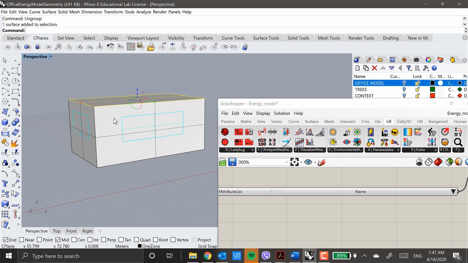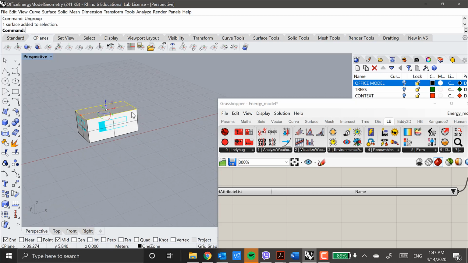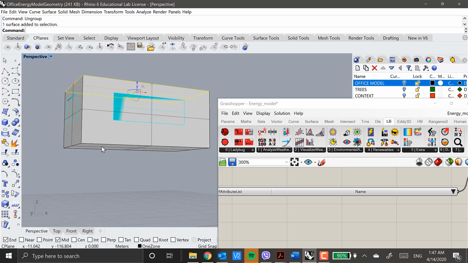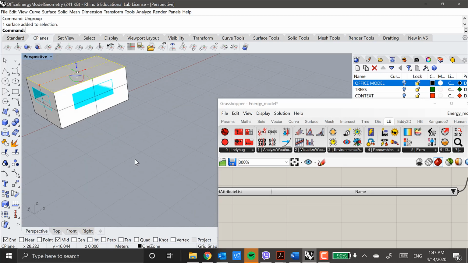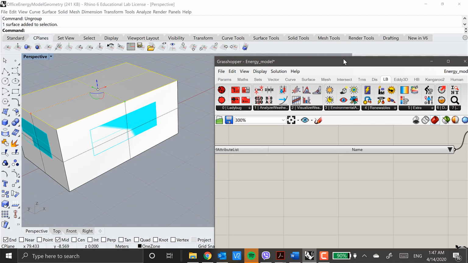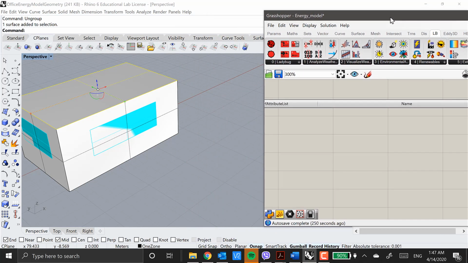So I have a roof. I took the BREP and I exploded it. I typed the explode command. So I have a roof, I have exterior walls, I have one interior wall here and one interior wall here. So two exterior, two interior, and the roof, and here is the floor, the internal floor. So that's what I have in my zone. So I'm going to build up this zone using some Honeybee